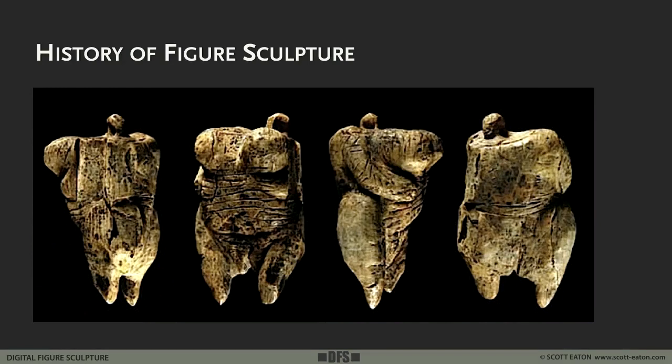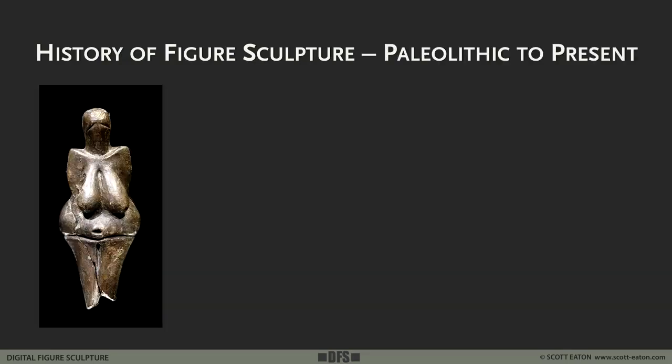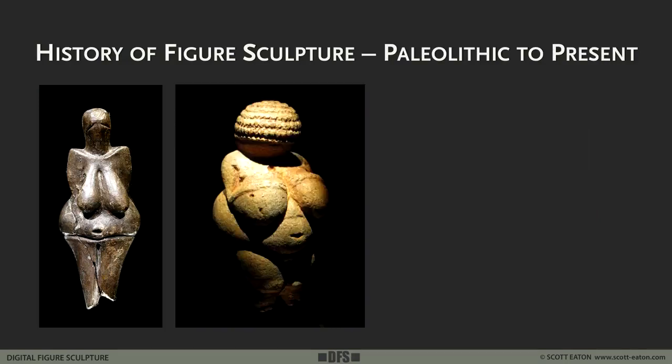And typically, the Venus figurines are characterized by huge breasts and huge female genitalia. And this first one is an archetype of that. And there's others that kind of carry on throughout history. And here's another Venus figurine from 30,000 BC. Another one, this is one of the most famous, Venus of Willendorf, and she's from 24,000 BC, and all the